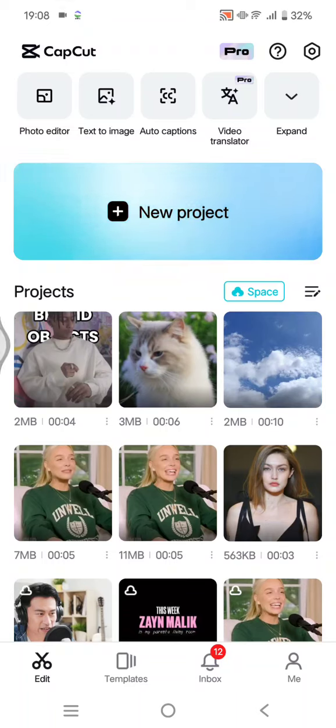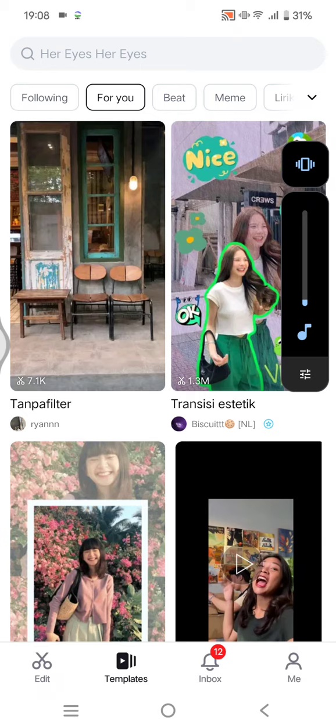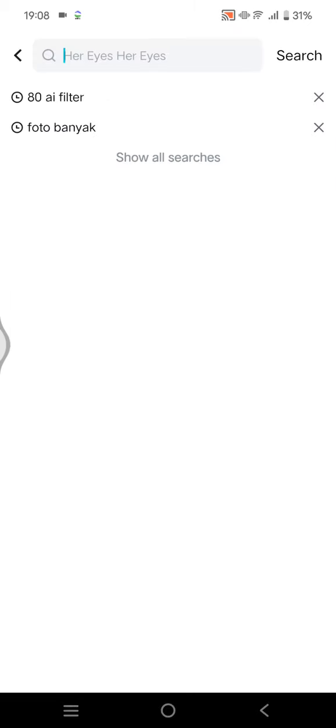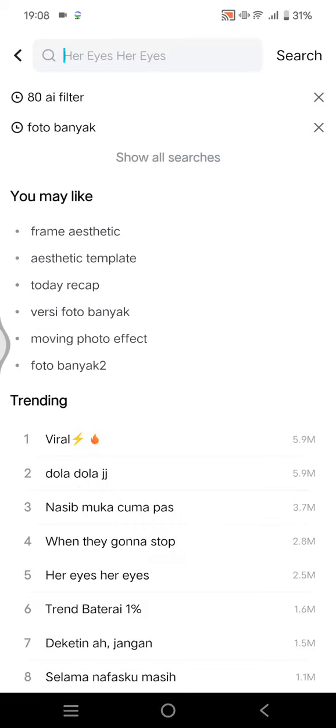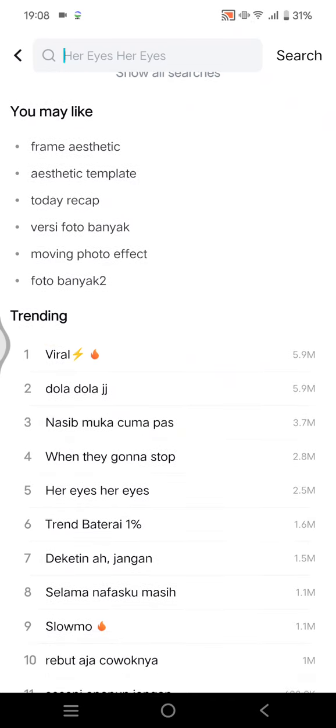On today's tutorial, I'm going to show you how you can easily create the trending her eyes video in CapCut. So here, I've already opened the CapCut app and you can just head to the templates and here click on the top. And you can see now on the trending in here, you can see number 5, her eyes videos